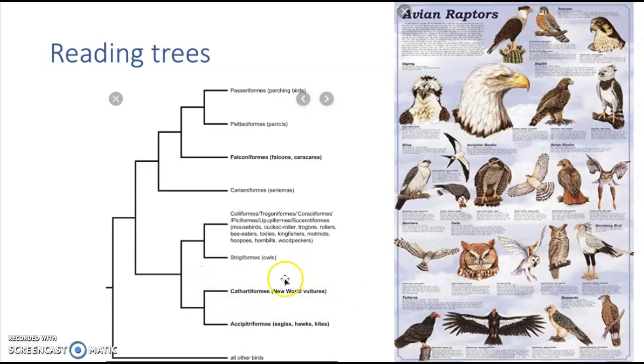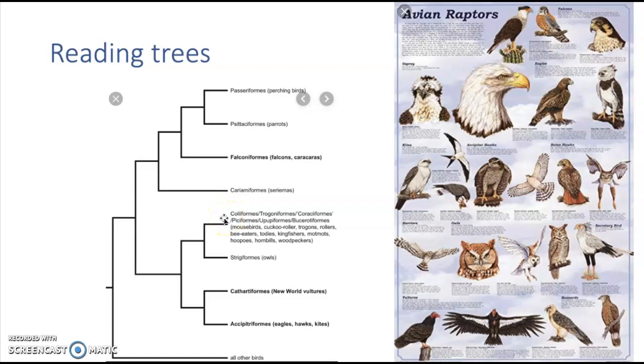And they are connected to this group, which includes the Cathartiformes, the New World vultures. These two groups share a common ancestor. They are also coming off this branch and sharing an ancestor with owls,